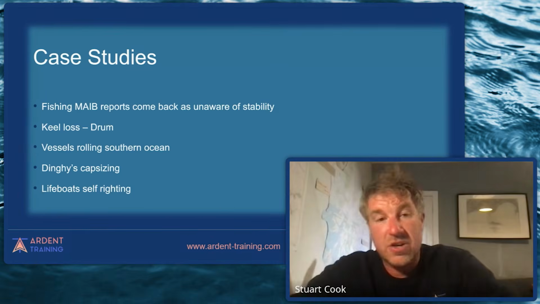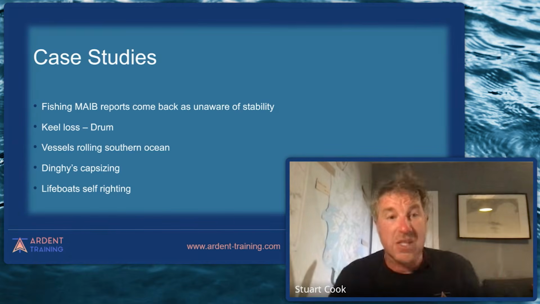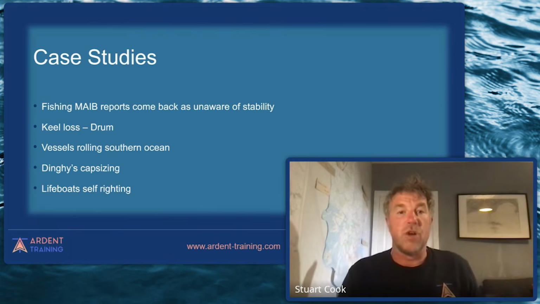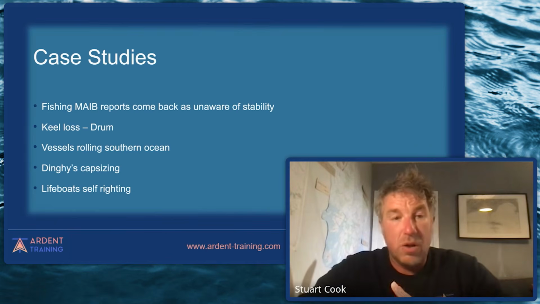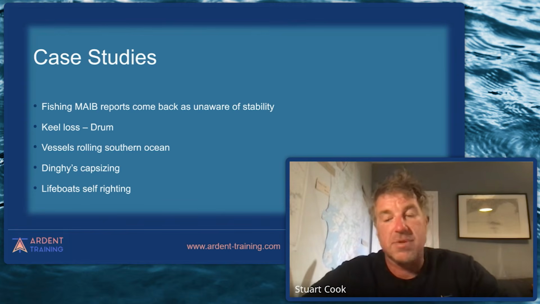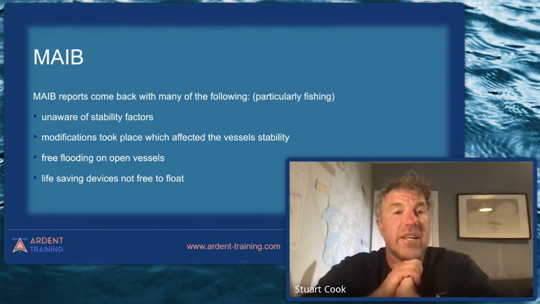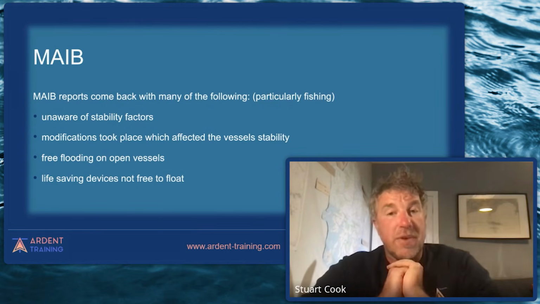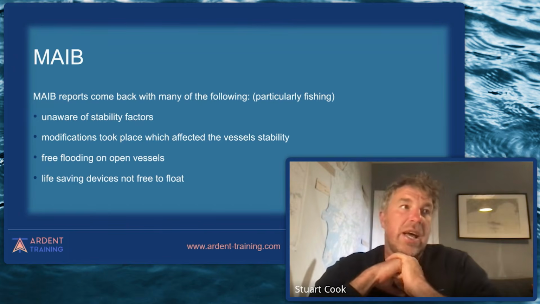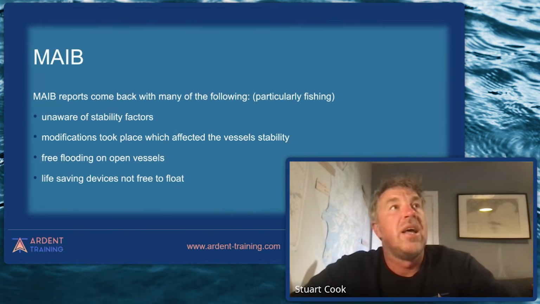And just finally, just to finish up, let's have a quick look at a couple of case studies where the whole answer was built around stability and what we've just learned about. So we'll have a little look at MAIBs, keel loss, vessels rolling, dinghies capsizing, and lifeboats. So MAIB, the Marine Accident Investigation Branch, they give out reports when there's been vessel accidents. And I had a look at some of these when I wrote this, and the main standout point for me